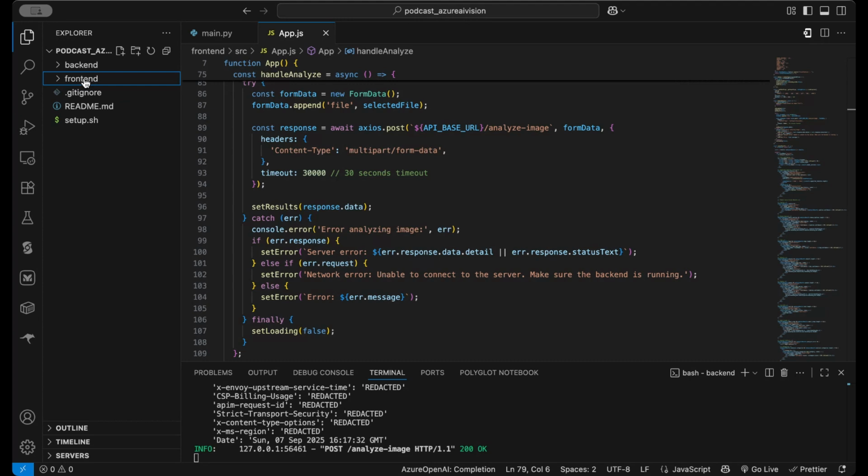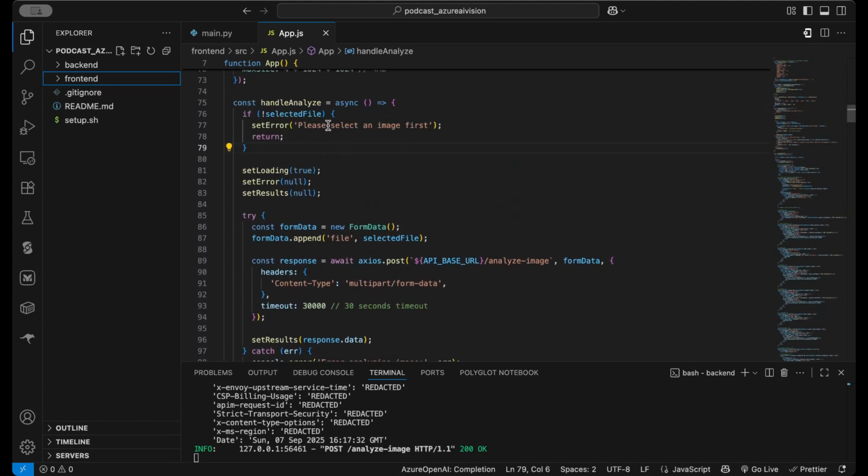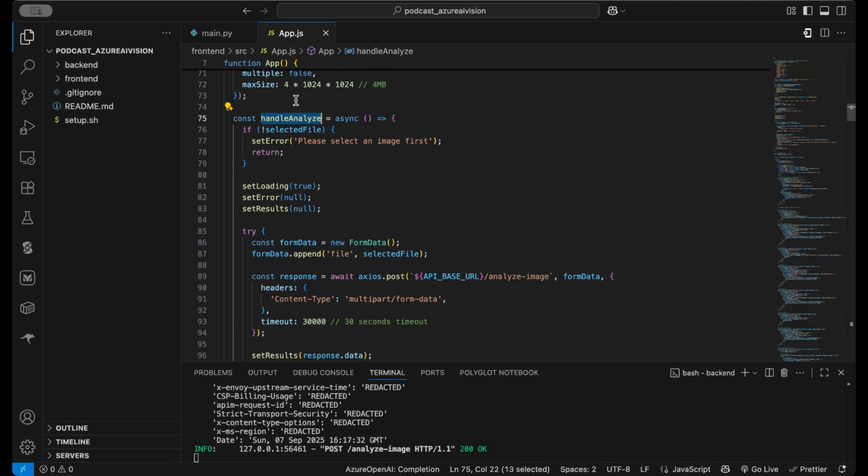I will shortly go to the front end, and in the front end, the most important function is handle analyze. What does handle analyze do? It handles the event of a user clicking on the analyze button. So what does it do? Well, if there is no selected file, so the user did not select a file, it just says, well, first select